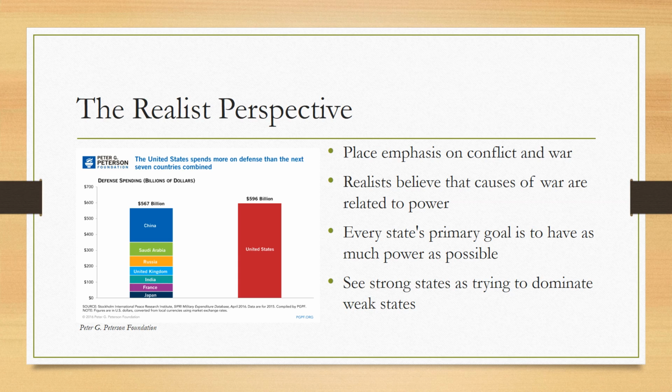Because of the emphasis placed on war, military spending is a vital role in the security of a state. This graph helps give perspective on how different states of the world apply the realist outlook to national security. At first glance, it can be deciphered how closely the United States applies the realist perspective. Let us now examine the key concepts in relation to this perspective.